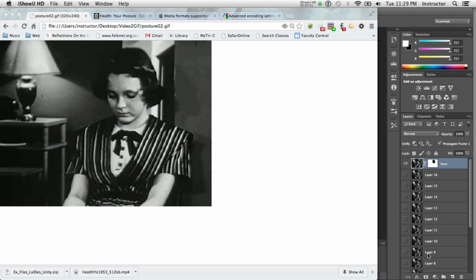Today's lesson is going to be creating an animated GIF from a video clip. These are often now called Cinemagraphs. That's the fancy new word for them, but they are basically old-time GIF animations with a little bit of a twist. Anyway, to do this, what we need first is some type of a video clip,